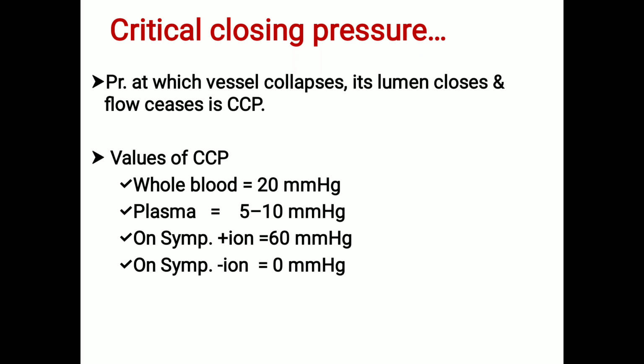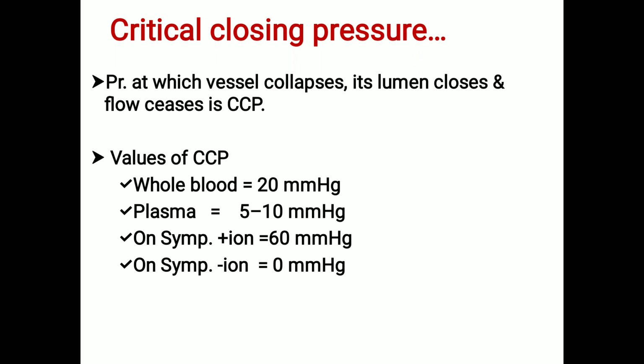Then organization and functions of the vascular system. We had looked into the structures of the different types of blood vessels, like Windkessel vessels, which are the aorta, pulmonary artery, and their larger branches. Then the resistance vessels, the site of peripheral resistance, which are arterioles, metarterioles, and precapillary sphincters. Among them, arterioles offer the maximum resistance to blood flow towards the capillaries, and they are the main site of peripheral resistance.